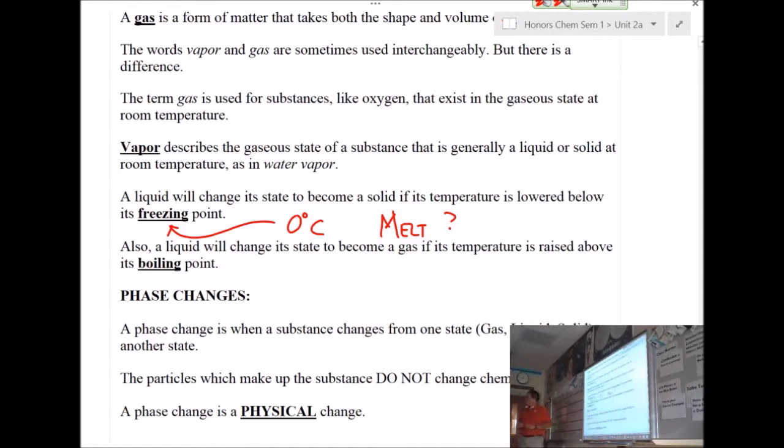Oh. Actually, it's the same. It just depends on whether we're adding energy or removing energy. And that's a great question that a lot of students are like, wait a minute. Remember that when we're freezing, we're taking energy away. When we're heating it, we're adding energy to it. We'll talk about phase diagrams a little bit later on, but that's always a question that causes students to go, what?